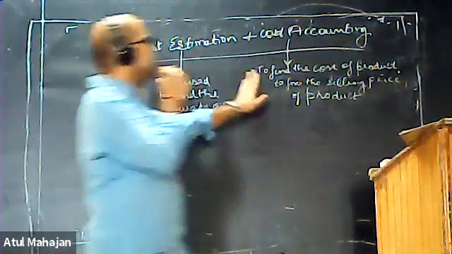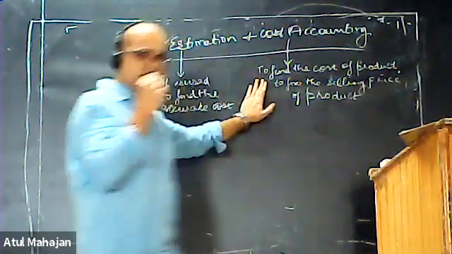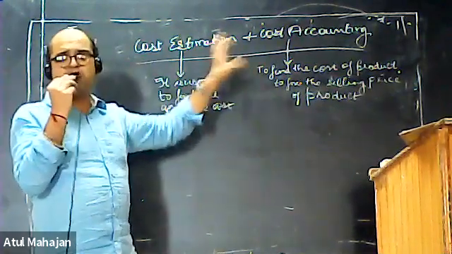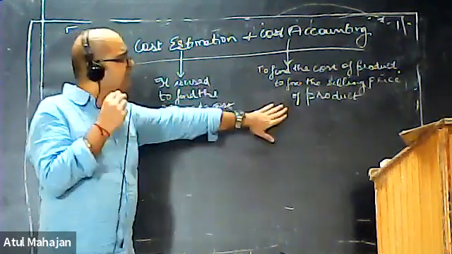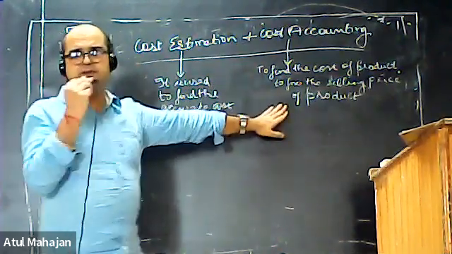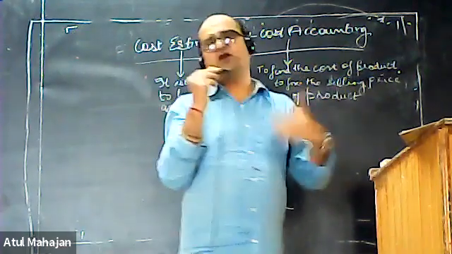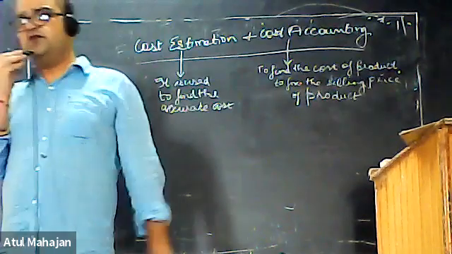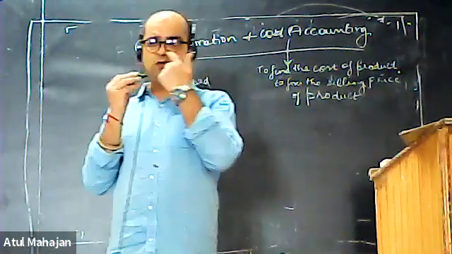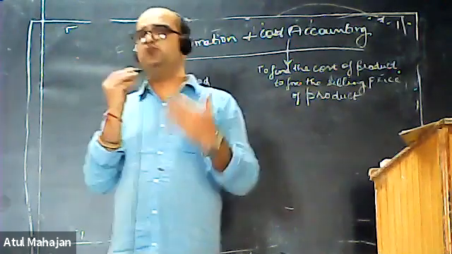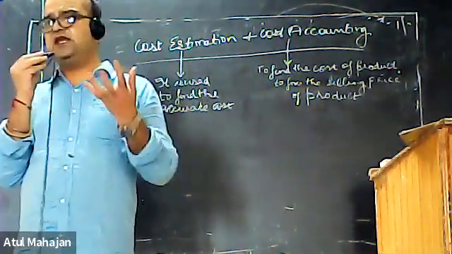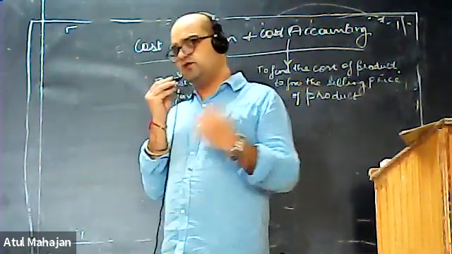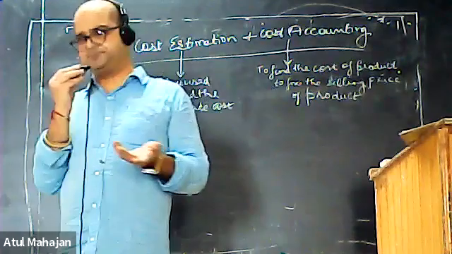So we need to find the cost of the product first. We need to account. We need to have the accurate level of cost of the product first. And then we can say that this is the amount of cost that we can fix for a selling item. Because before fixing a selling price for any item, we need to know many factors. There are so many factors which we need to know before making any settlements for your cost estimation or cost accounting. So we need to know those values.